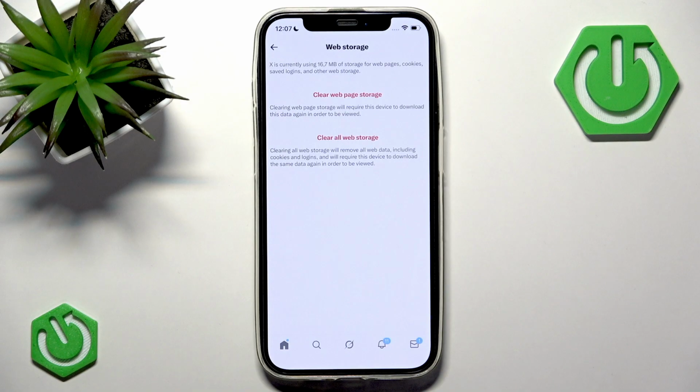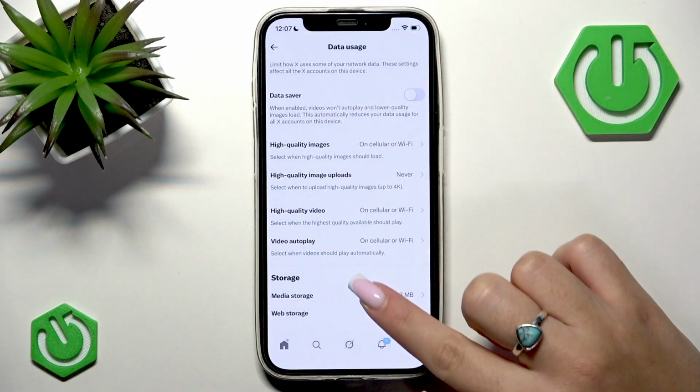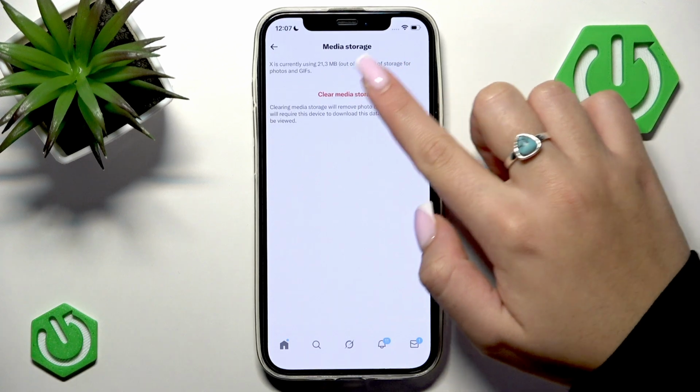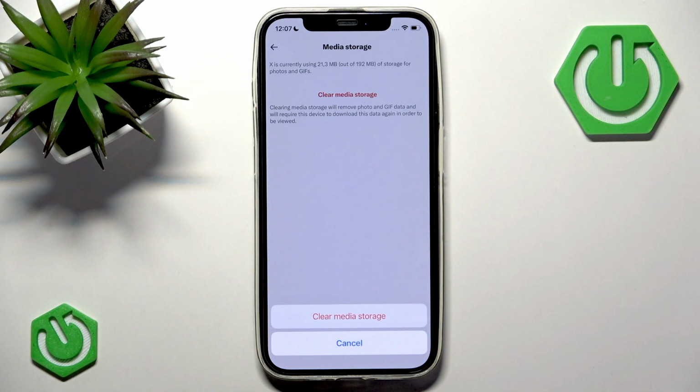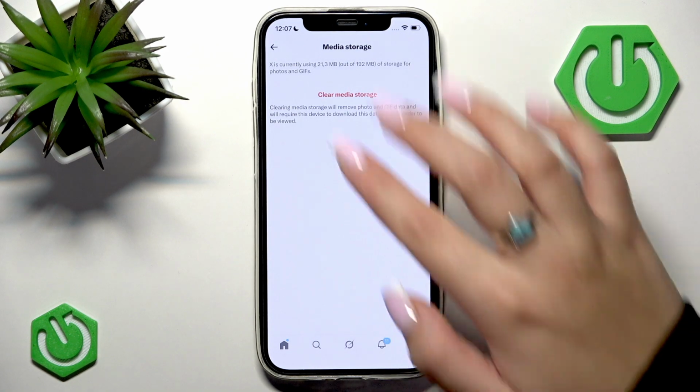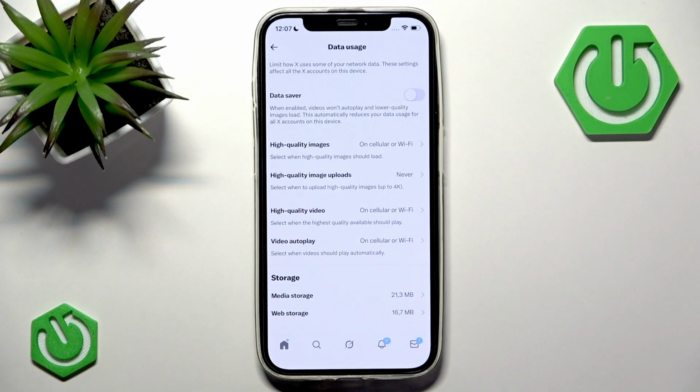You have to simply tap the option that you want to clear, simply like this, and confirm it by tapping once again at the bottom side of your screen. So that's how you can clear your X cache on your iPhone, and I really hope that you find this